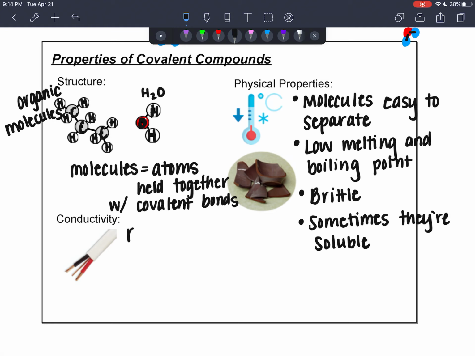Now, as far as conductivity, they are bad, always. Whether they're solid, liquid, gas, doesn't really matter. Covalent compounds are typically very bad conductors. So this wraps up our video on covalent compounds. Go ahead and tune in for the last video on metallic